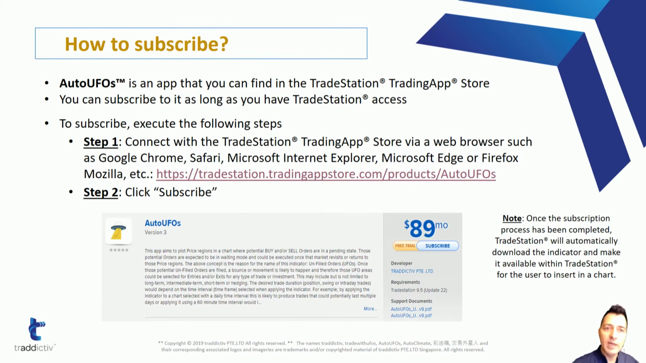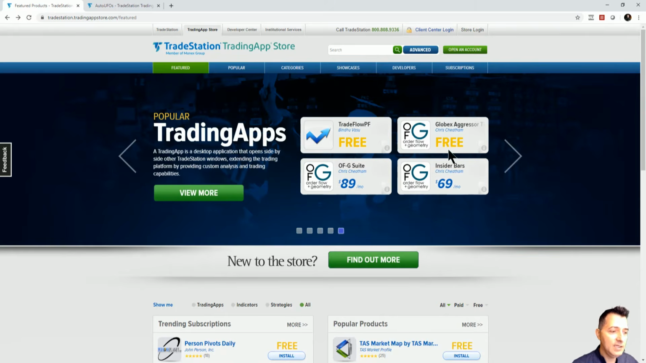I would like to go quickly over the process of subscription, which is actually very, very simple. And from there, we'll dive into charts and examples, which is going to be the most interesting part of today's session, of course. So how to subscribe? Well, very simple. To subscribe to auto UFOs, you need to access the TradeStation App Store, which you could access by utilizing the URL